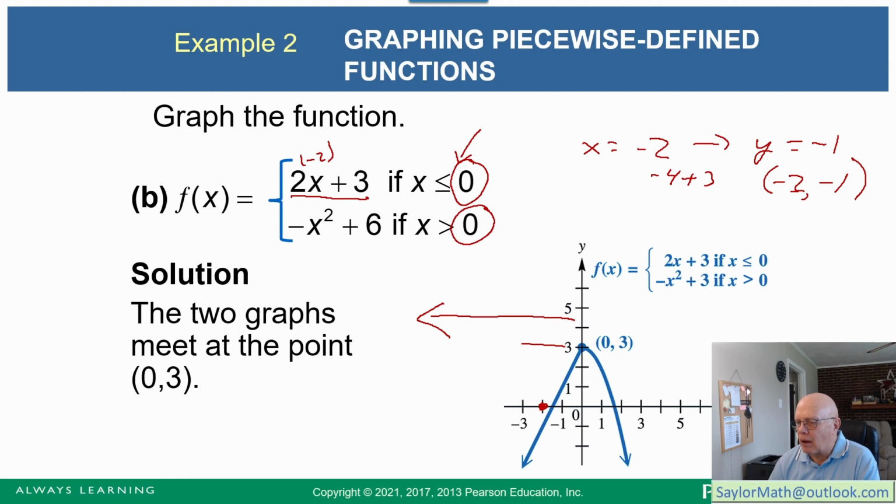Graph a bunch of these, 3 or 4. Now you can see this is a linear function in this section. So this is going to be a line, so all you'll need will be 2 or 3 points to the left of that 0. And then you can draw this line in. When you've got that in, then consider x's that are bigger than 0. So for example,